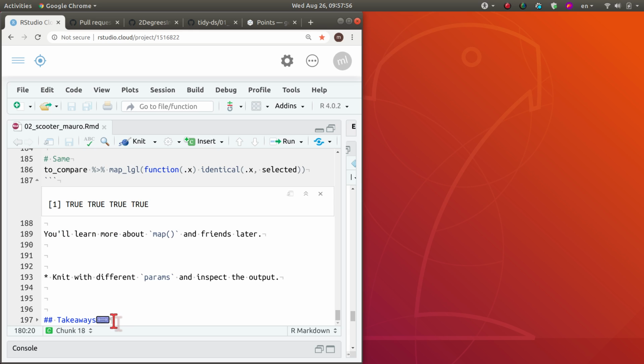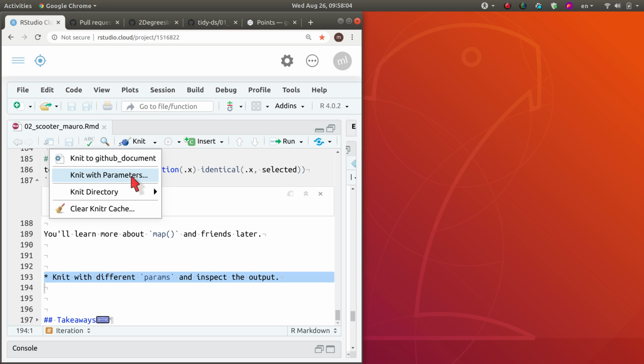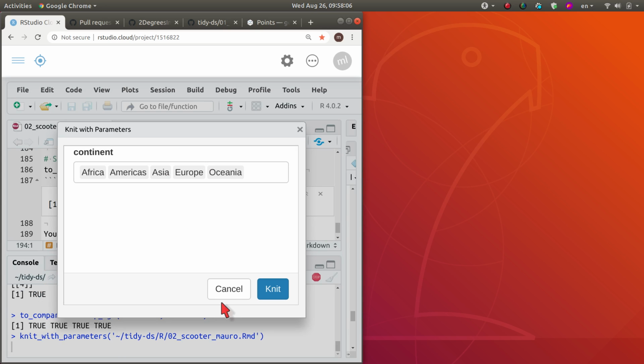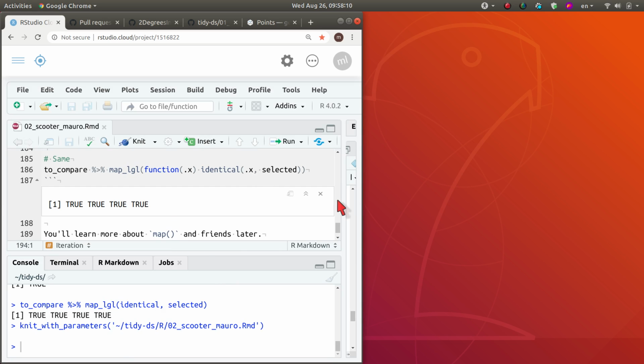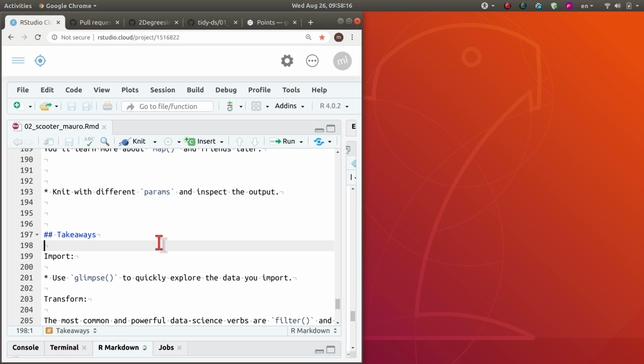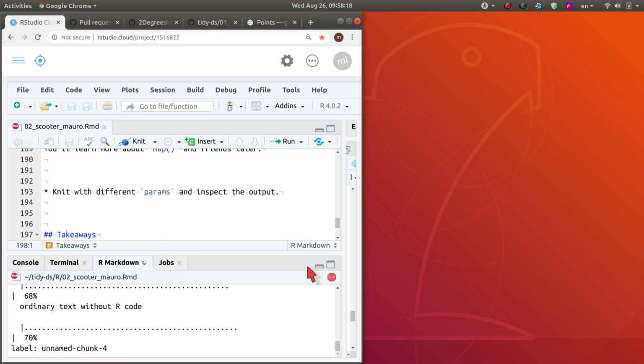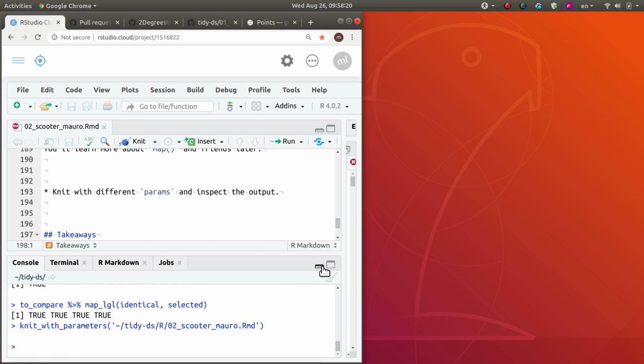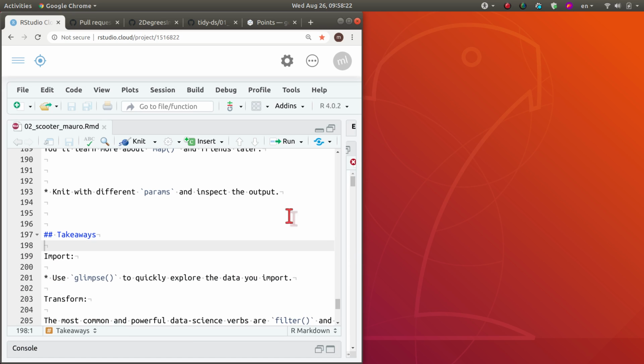So that's the end. At this point I was going to ask you to create a parameterized report with the need params, but I already showed that, so I kind of went ahead of myself. Instead I'm going to jump right away to the takeaways, which will close this lesson and also close the first day. So takeaways for today, and actually before I do that, let me